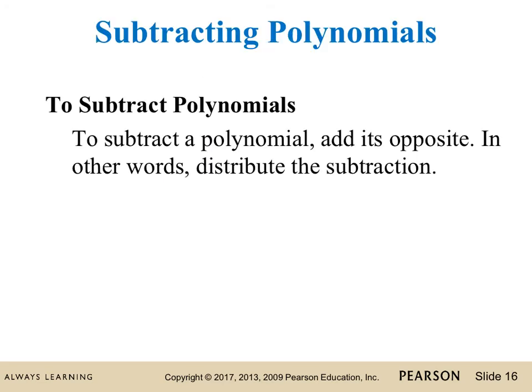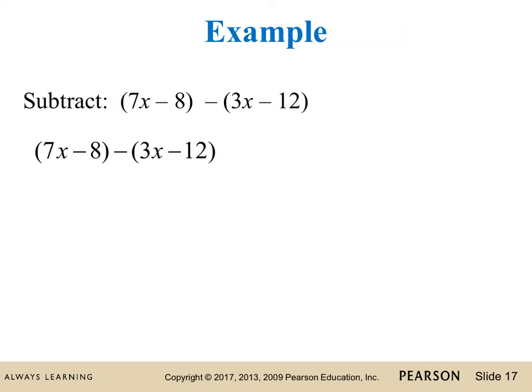To subtract polynomials, we just have to add the opposite of the second polynomial. Really what this means is we need to distribute the subtraction sign. So let's see an example. 7x subtract 8, subtract the quantity 3x subtract 12. So all I've done in the first line is copy this down, and I want to go ahead and distribute